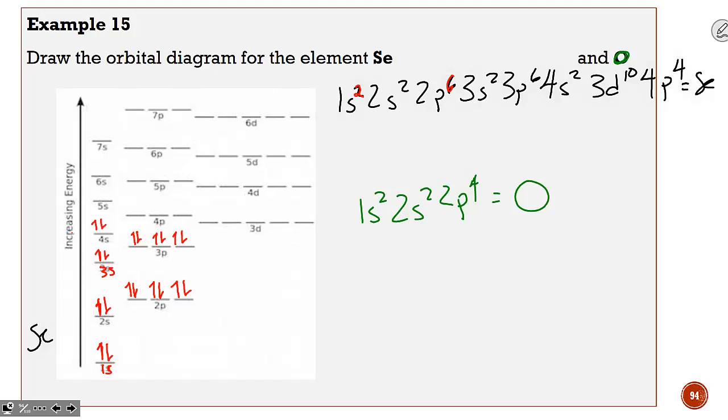4s2, 2 electrons. 3d10 is the next one to fill. And if you look on this diagram, notice that 3d is a little bit more energy than 4s, but less than 4p, because the d orbital will fill before the p orbital. So we'll fill these 10 electrons, all of our ups, all of our downs, and now we can fill 4p4. 4 electrons means 3 up